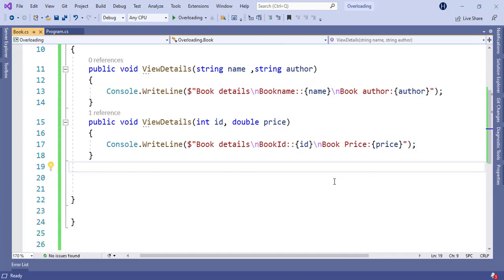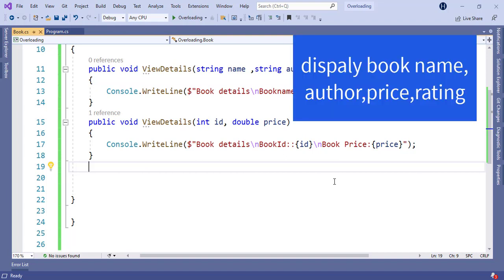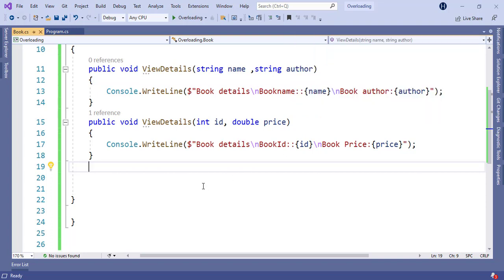Now after some days, the client changes the requirement and tells us that he wants to display book name, book author, book price as well as book rating. So how can we achieve that? We can just increase the number of parameters.